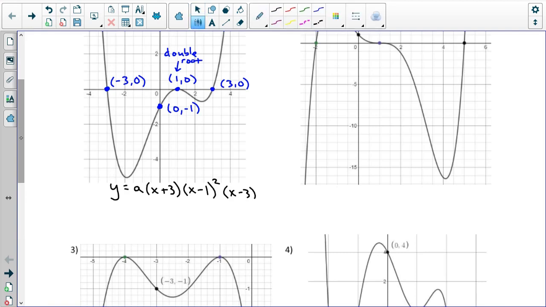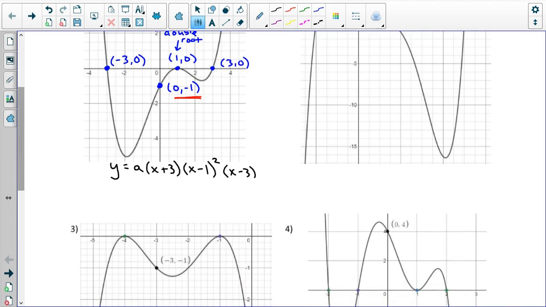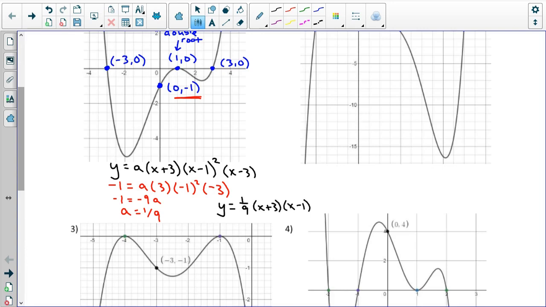Now I'm going to substitute in (0, -1) into my equation. So -1 in for y and 0 in for x. And now I solve for a. So I end up with -1 equals -9a. So when I solve, I get a equals 1/9. And then I can write my final answer. My final answer for this problem is going to be y equals 1/9 (x + 3)(x - 1)^2